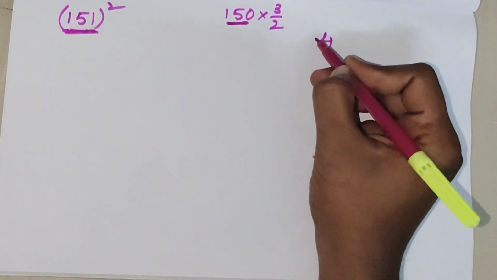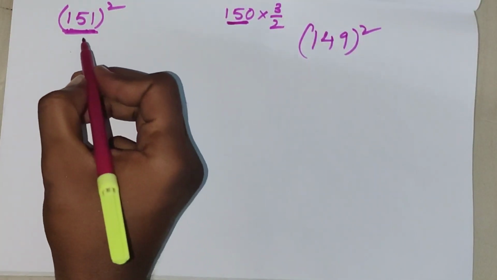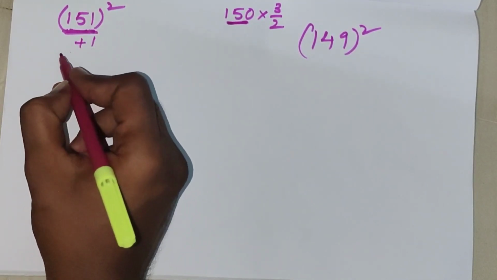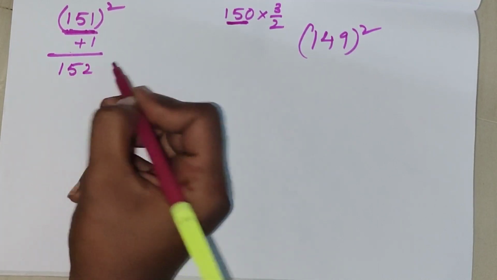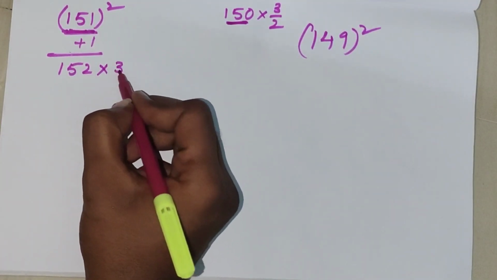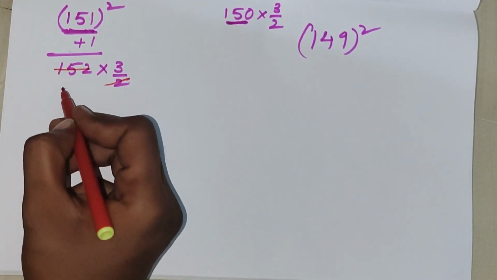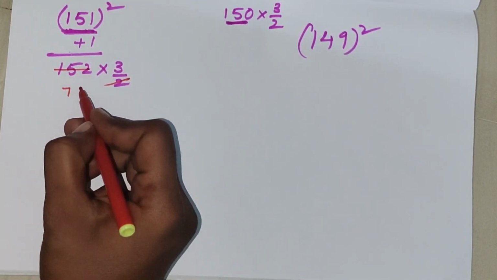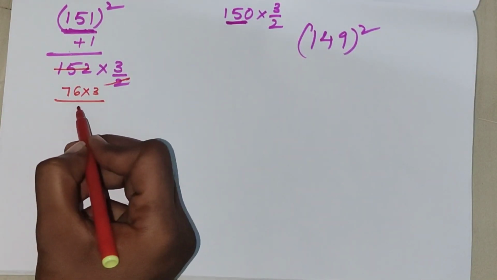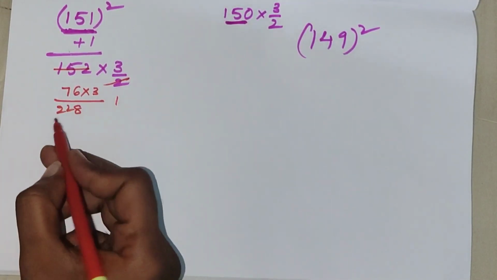The number nearest to 150 is 149 whole square. Okay, what I am going to do here is, above 151 we should add the number. 1 added, how much will it be? 152. We need to go with the multiplication of 3 by 2. How much? What are the calculations? 2 table in this one, the calculation is 7 times 14 and 6 times 12. Multiply with 3. What will we get? 6 3s are 18, 1 carry forward, and 3 7s are 21, 22. Here we get 228.